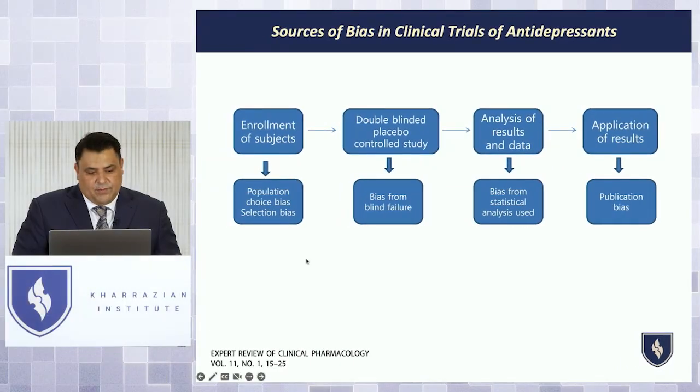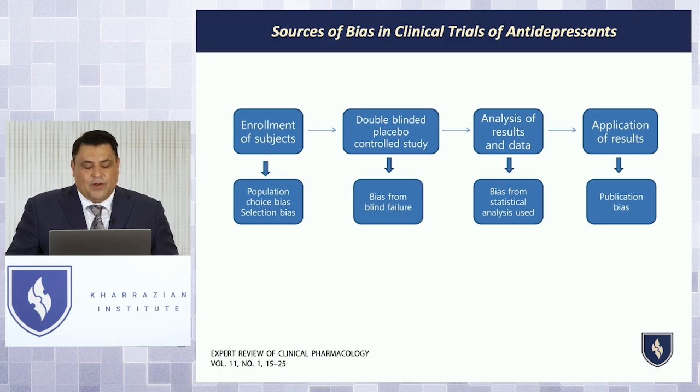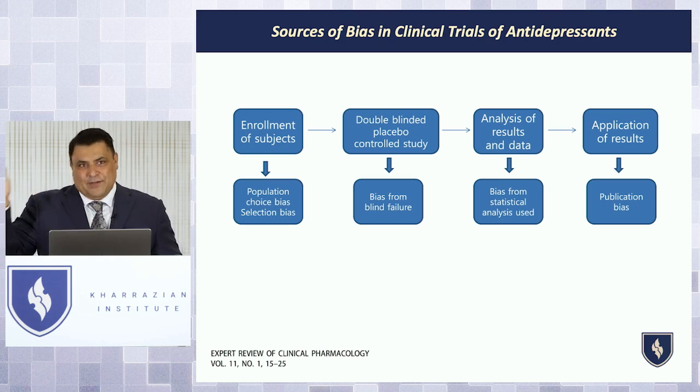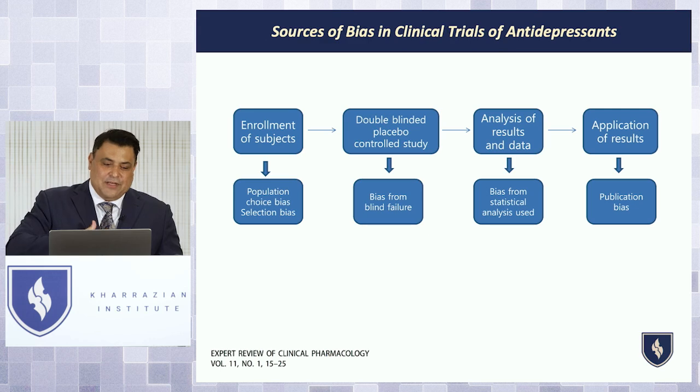So first thing we have is selection bias. So with these clinical trials that have been done with antidepressants, their exclusion and inclusion criteria are that, first of all, they can't have any other type of mood disorder. Just so you know, 64% of people that have depression also have anxiety. So they would be excluded. If they have any other diseases like diabetes or any kind of medical condition, they're excluded. If they have severe depression or moderate depression, they're excluded. If they have alcohol abuse or substance abuse, they're excluded. And they go on to say that this is absolutely not generalizable to the population that seek antidepressants.